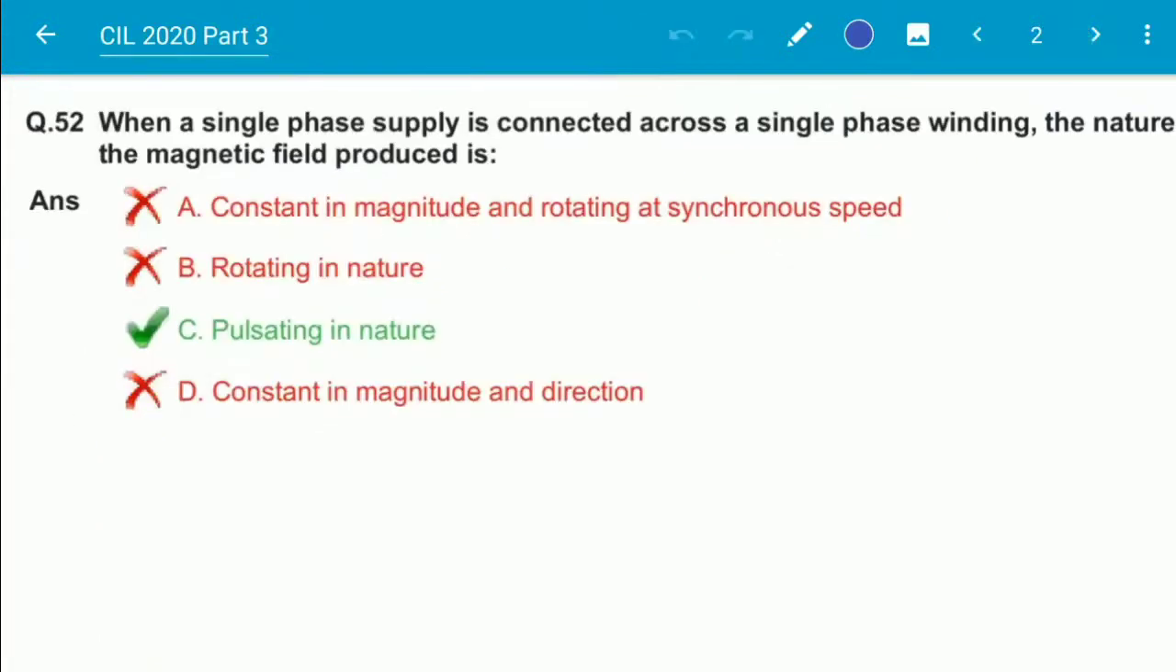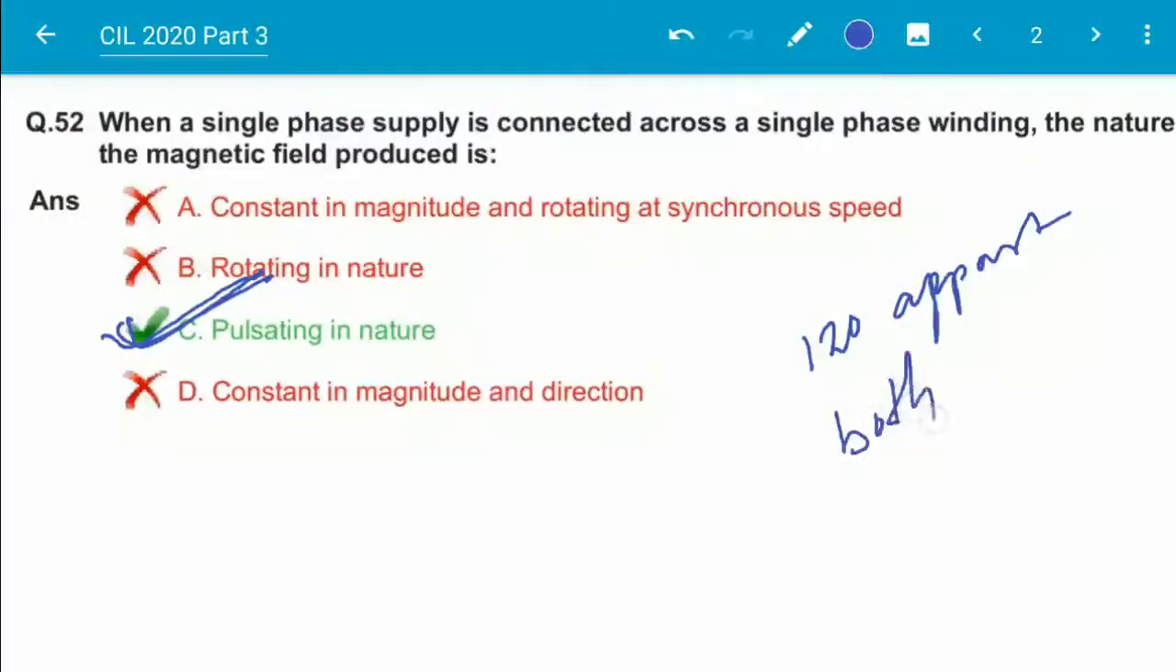Next question, question number 52. When a single phase supply is connected across a single phase winding, the nature of the magnetic field produced is pulsating, not rotating. Three phase windings are to be connected, which should be placed 120 degrees apart from each other in both space and time,